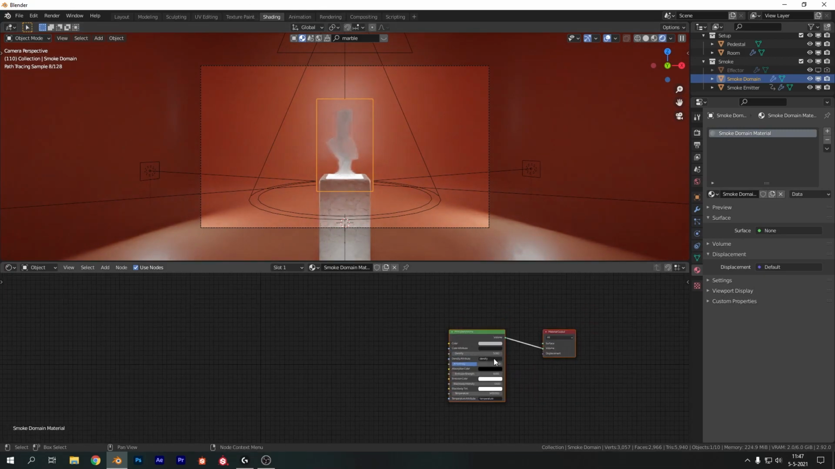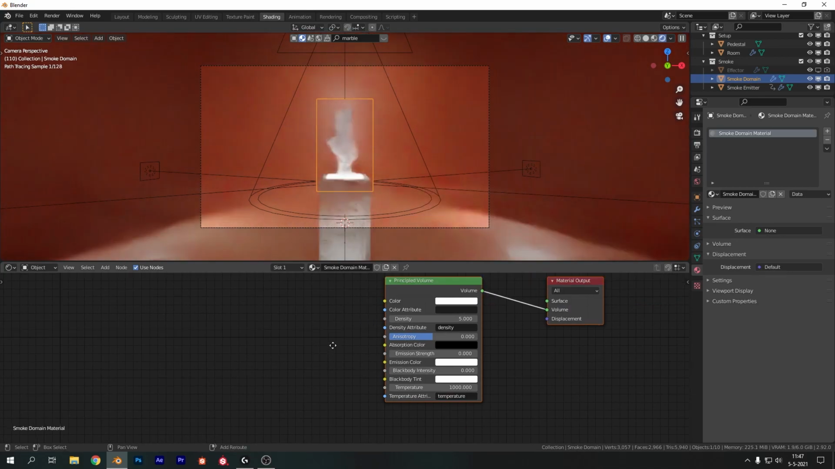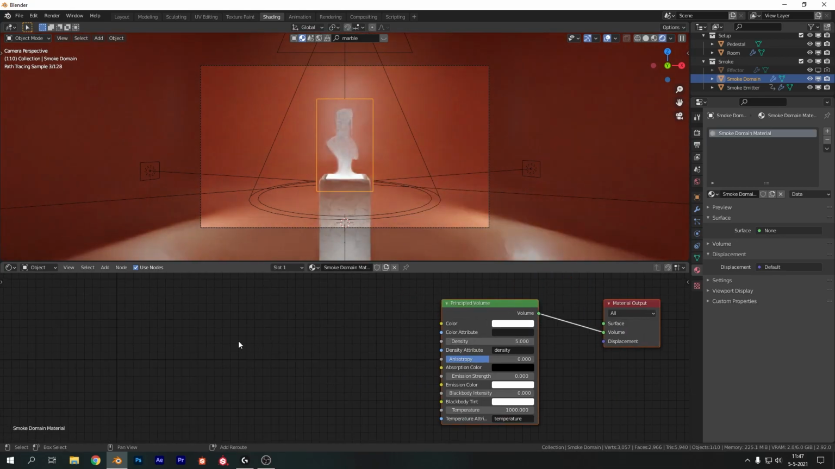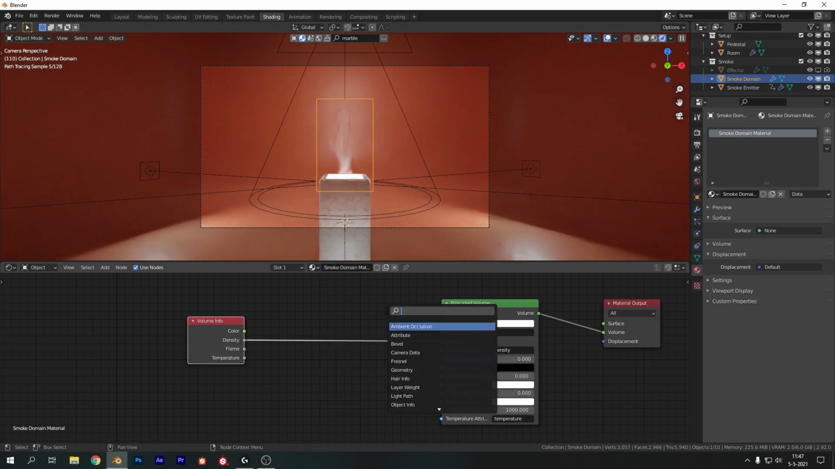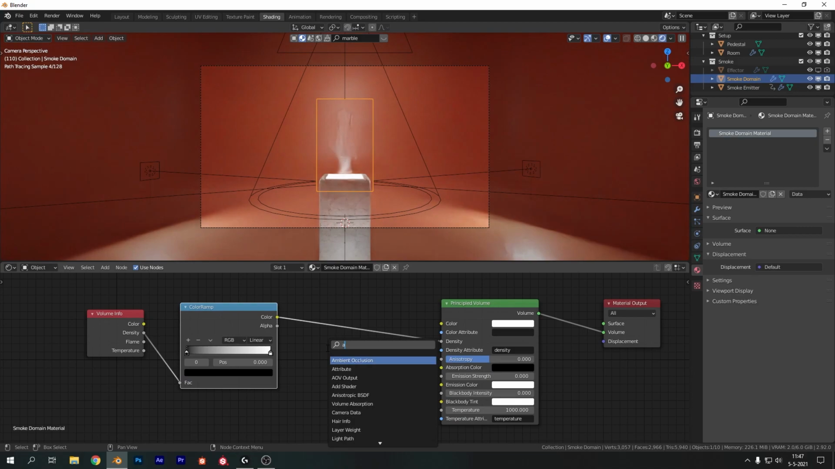So let's go back to shading here and select our smoke domain. Now we want to change the color of our smoke from gray to white because we want fresh, clean white smoke. And we are going to change the density. So let's add in a volume info node, which will make it very thin and wispy, but we're going to fix that really quick. So plug in a color ramp here and plug in a math node